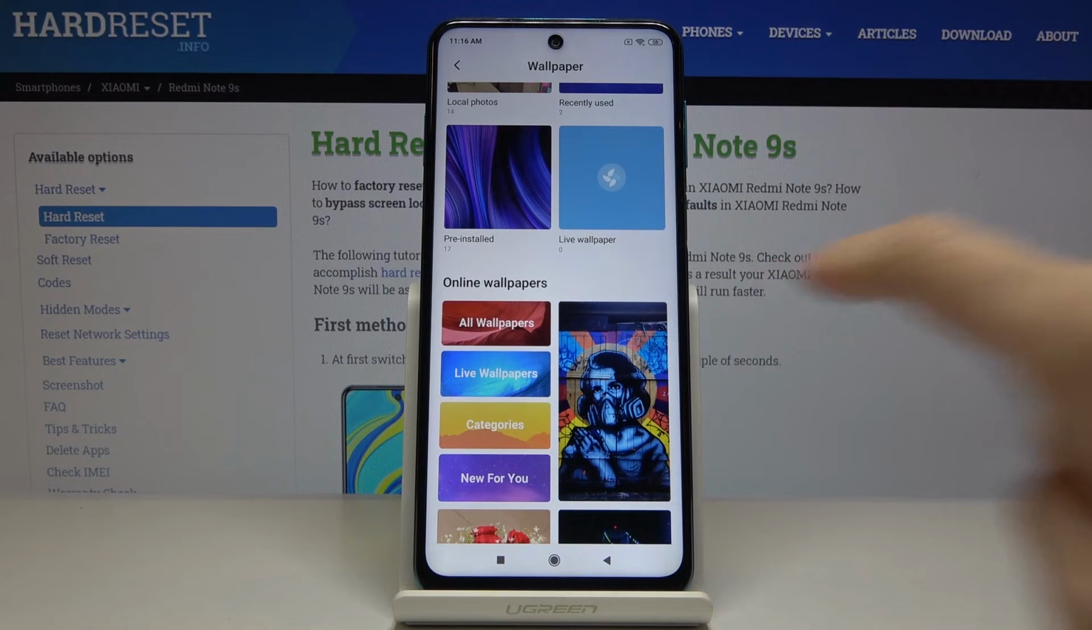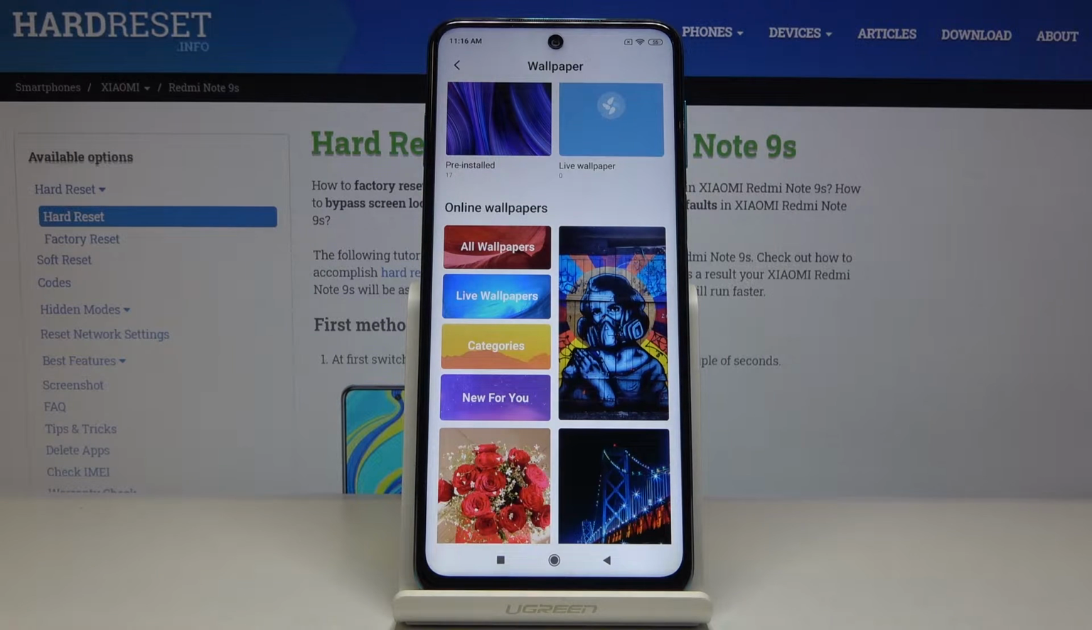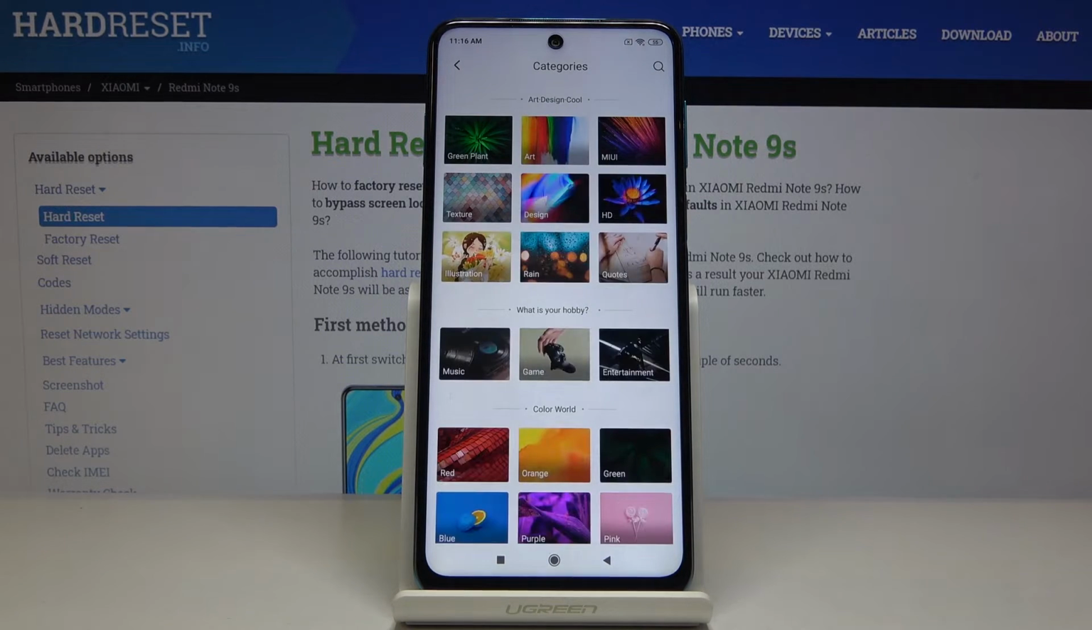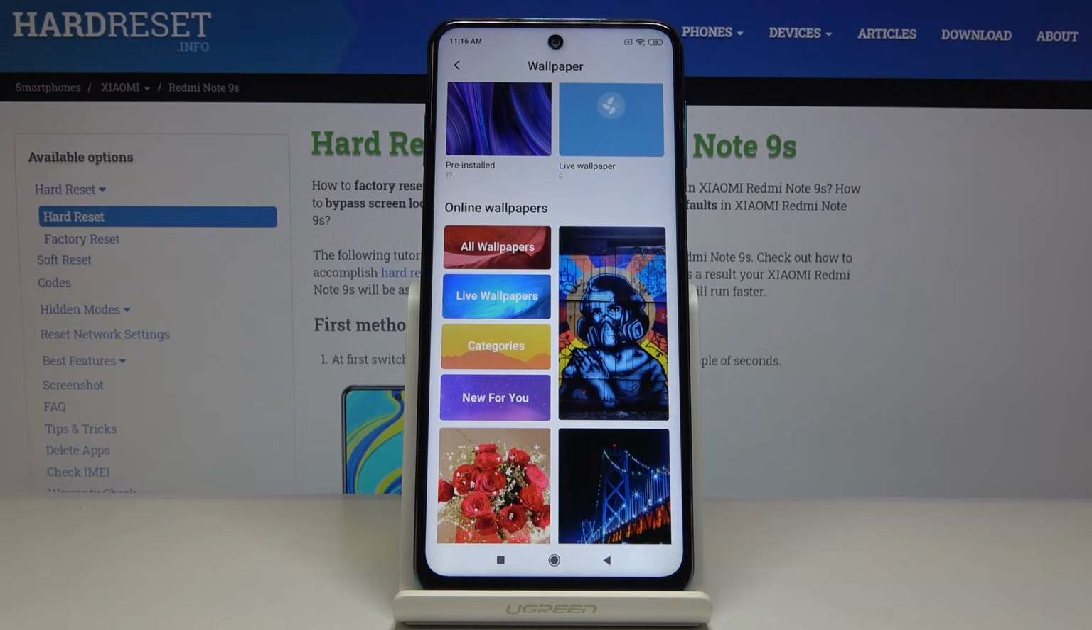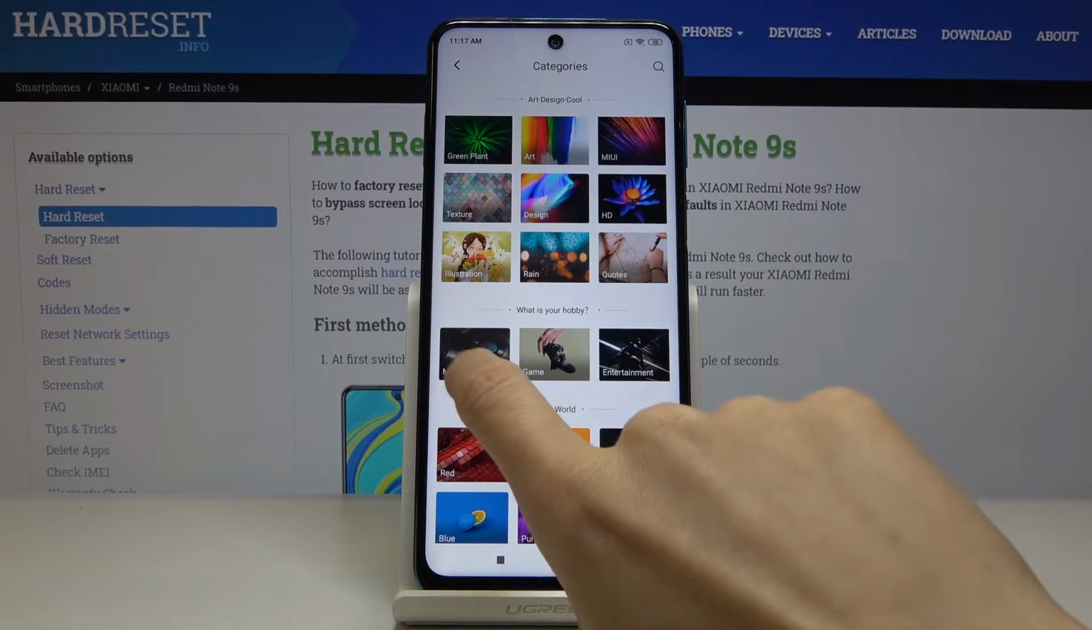So it's gonna be one from your local photos, recently used, pre-installed, live wallpapers, or even online wallpapers. Grouped into categories, and these are all wallpapers, live wallpapers, categories in general, right here, or new for you. So let me choose categories, and for example we can pick music,